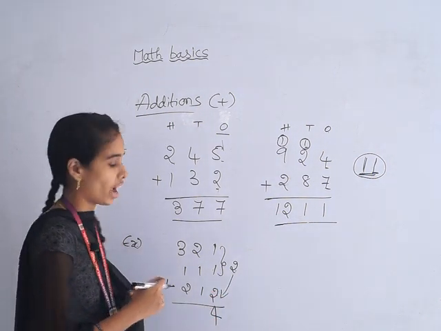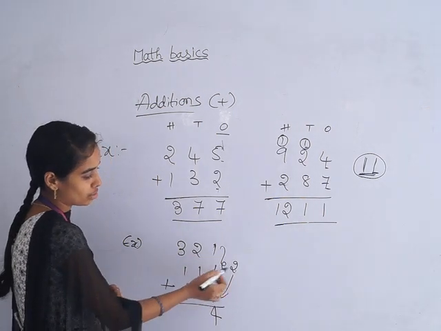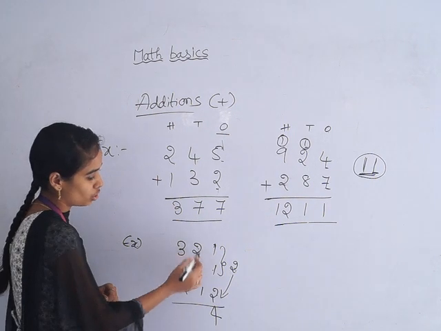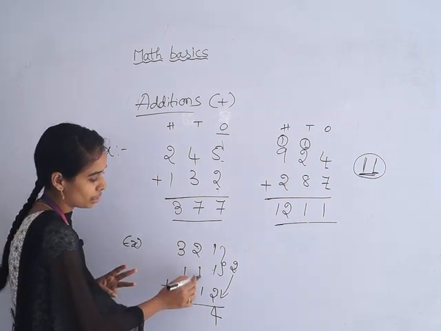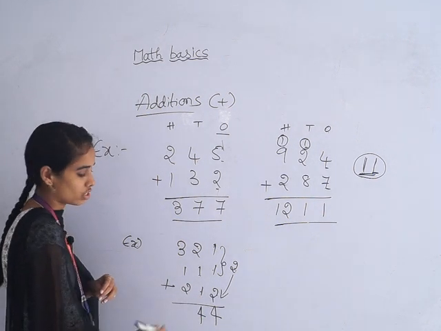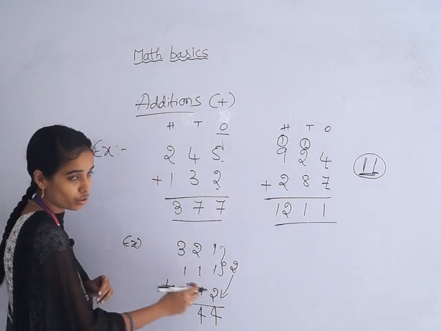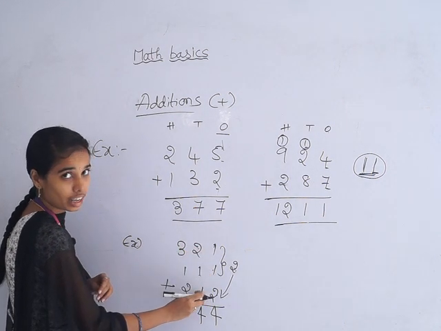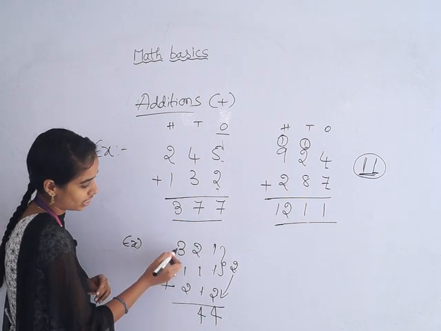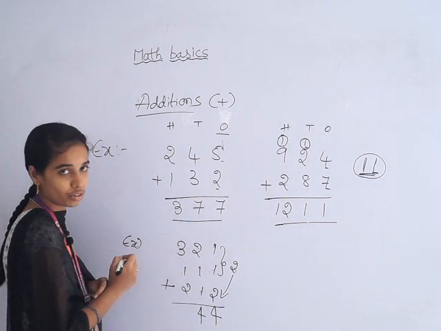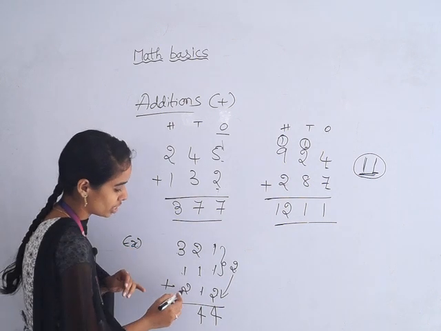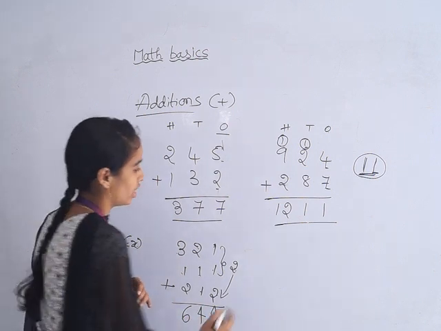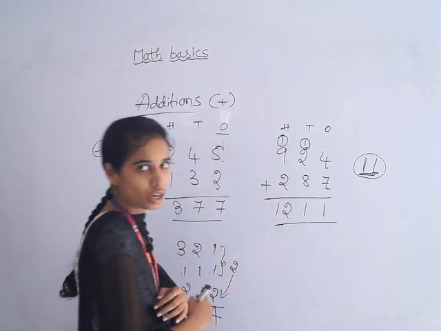Like that you have to add 3-digit numbers. So 1 plus 1 equals 2. 2 plus 2 equals 4. Next the tens place. 2 plus 1, 3. 3 plus 1, 4. You have to add the whole 3 numbers. That's why first we are adding 2 numbers here and then the extra number to this answer. Next, the last, the hundreds place value. 3 plus 1 equals 4. 4 plus 2, 6. So the answer is 644. This is without carrying addition.